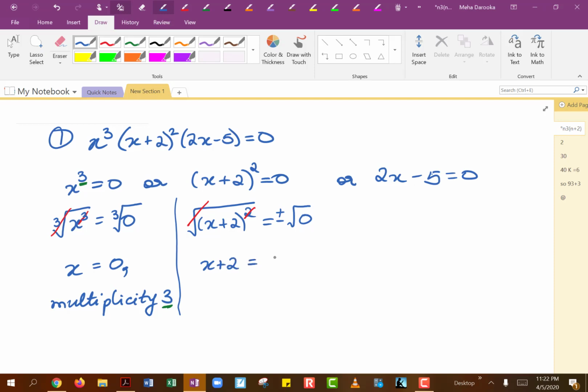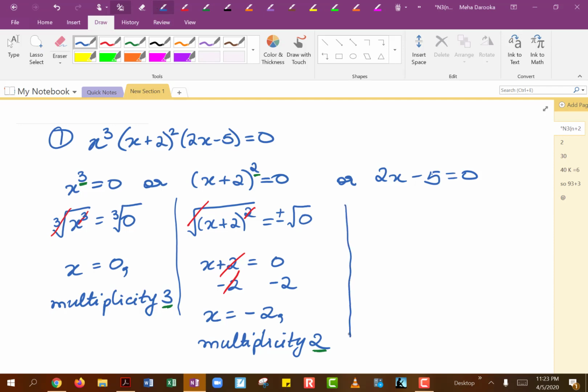And then the square root of 0 is 0. And we know 0 does not take a plus or a minus sign, so you don't have to put plus or minus on 0. So all we have to do now is get x by itself, move the 2 to the other side. So these will cancel out, giving you x equals negative 2. And since x equals negative 2 is coming from this factor of x plus 2 to the second power, we will say this has a multiplicity of 2, right? Because since this is the second power, you would have a multiplicity of 2,